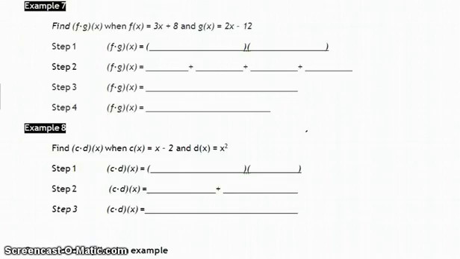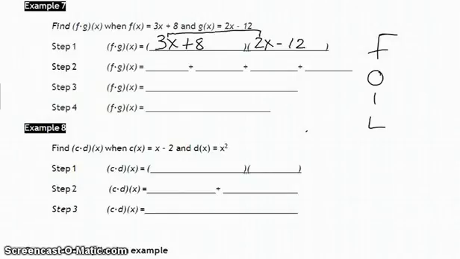The first step in multiplying two functions is to replace that function notation with the equivalent expressions. So I'm going to replace f of x with 3x plus 8 and g of x with 2x minus 12. Noticing that I have two binomials that I'm multiplying together, I'm going to use FOIL. And FOIL is first, outer, inner, last. So multiplying those first two terms,